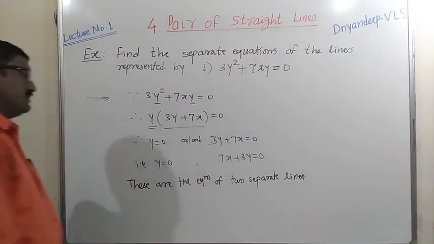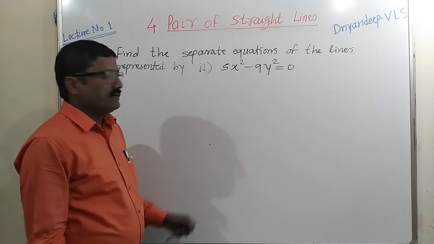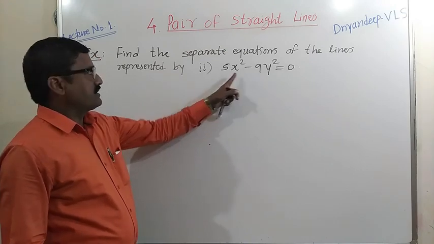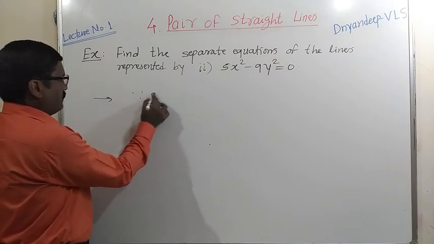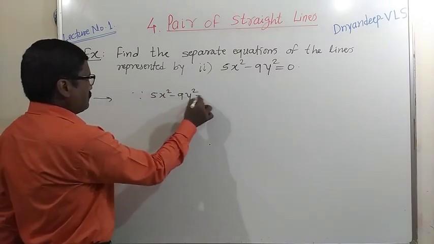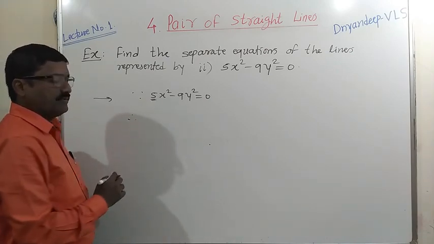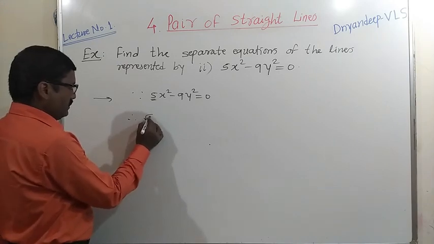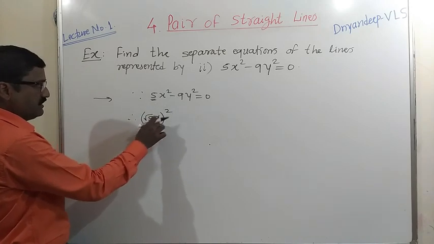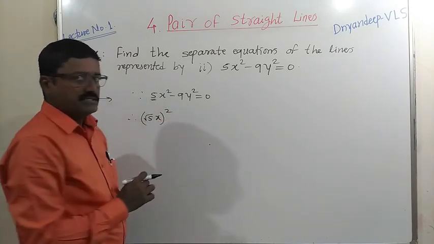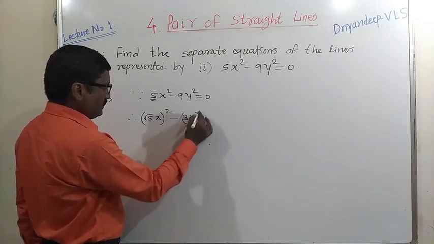These are separate equations of two lines. Okay, let us see the second one. See this second equation, 5x² − 9y² = 0. Since 5x² − 9y² = 0, can we write this 5 in the form of a complete square? Yes, it will be (√5x)². So √5 squared is 5 and this is x² as it is. Again, this 9 is already a complete square, so it is 3², so we can write this as (3y)²